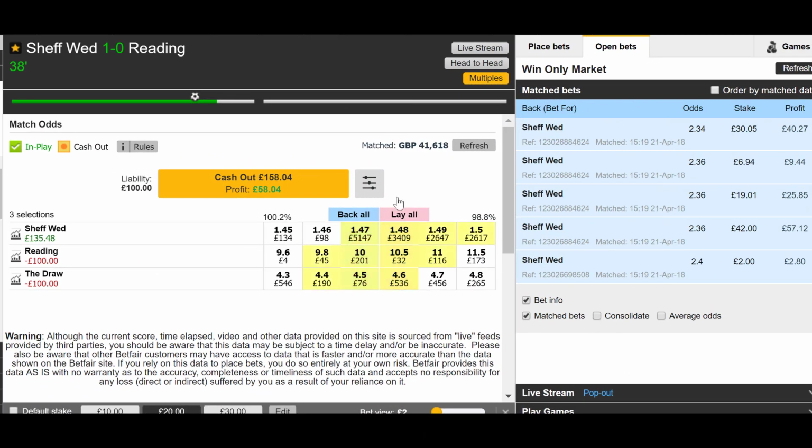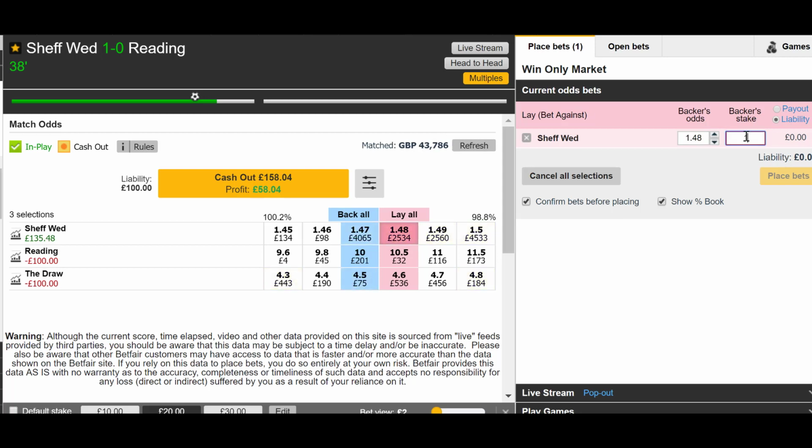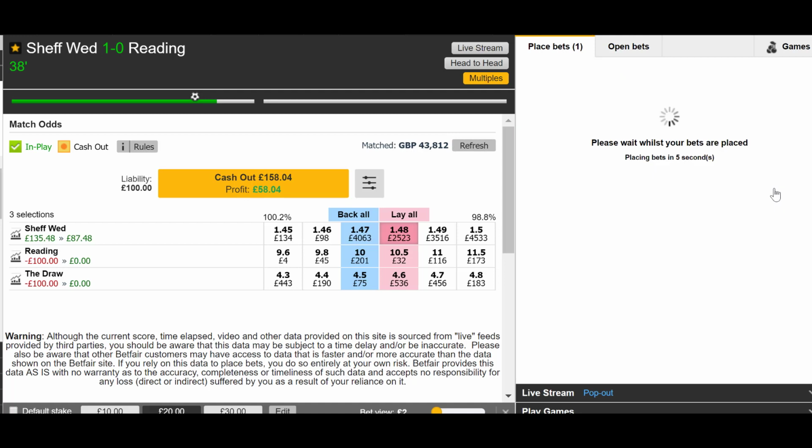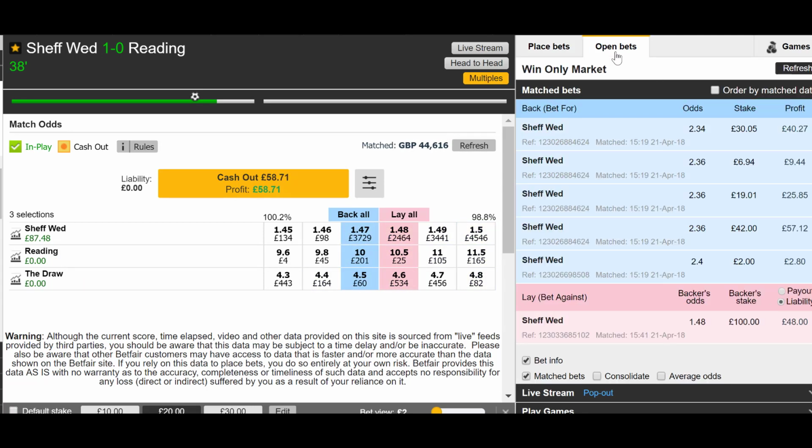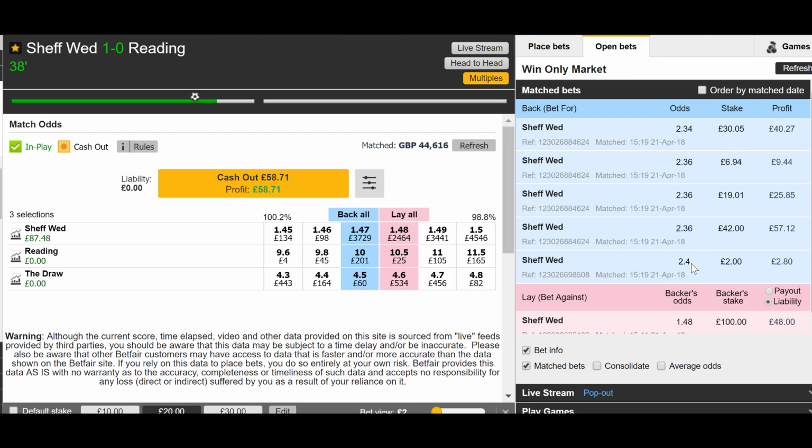And we just had the goal, and it has gone to Sheffield Wednesday. So we got rewarded. We spotted the opportunity. We spotted a dominant team that wasn't even a strong odds-on favourite, and we've been rewarded with the goals. So Sheffield Wednesday 1, Reading 0. Laying Sheffield Wednesday here at 1.48, and that was after we backed them at a price of around 2.36 to